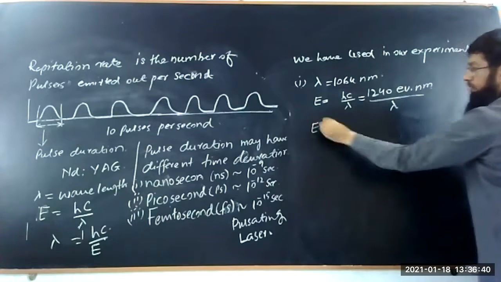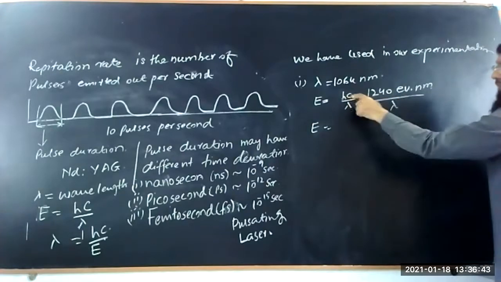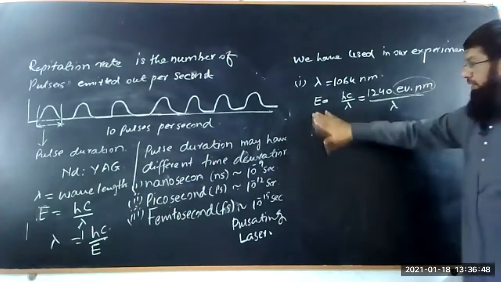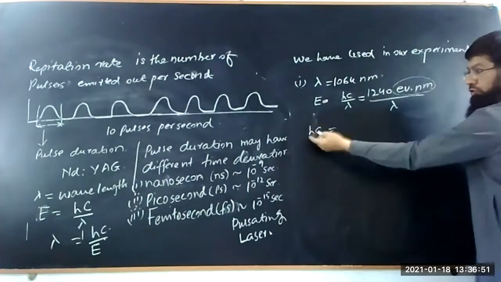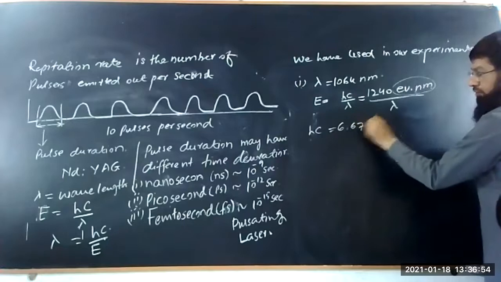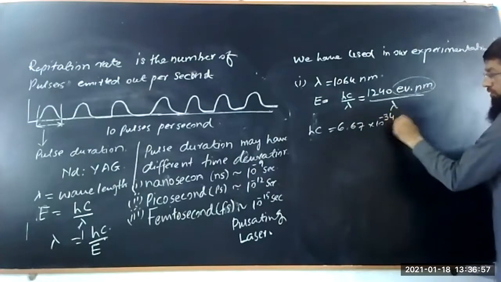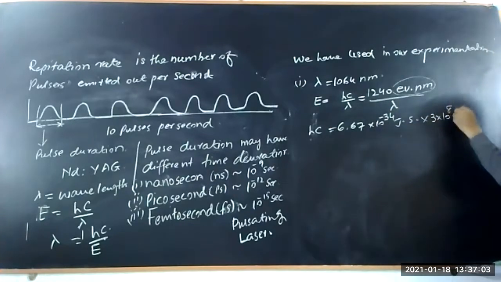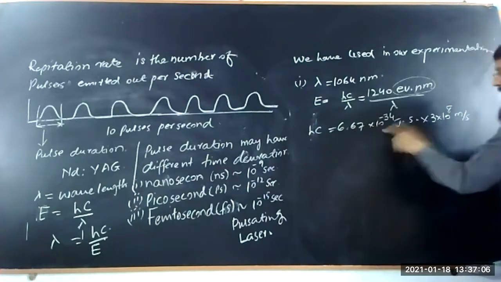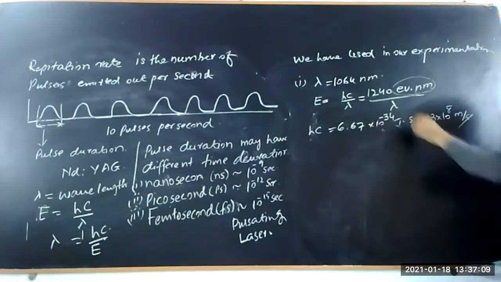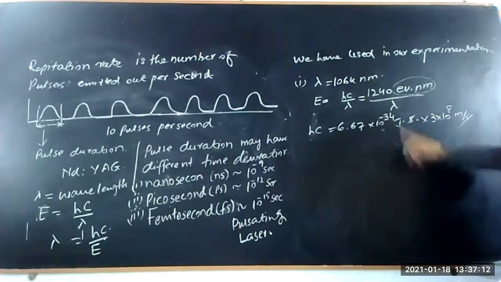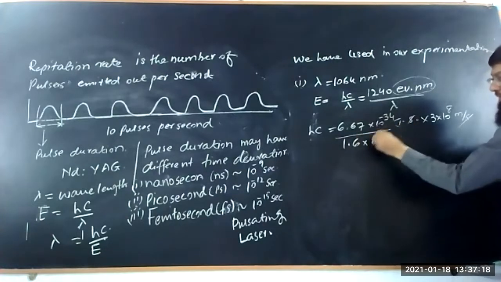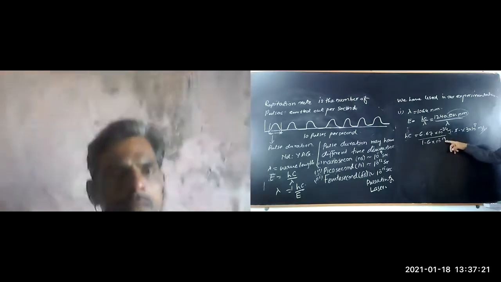So the value 1240 is the value of h into c in terms of electron volt nanometer. You can convert it easily. You know that h is equal to 6.67 into 10 raised to the power minus 34 joule second, and c is equal to 3 into 10 raised to the power 8 meter per second. If you multiply both, you get joule second into meter per second; second cancels, giving joule meter. This joule can be converted into electron volt by dividing by 1.6 into 10 raised to the power minus 19. If you divide it,